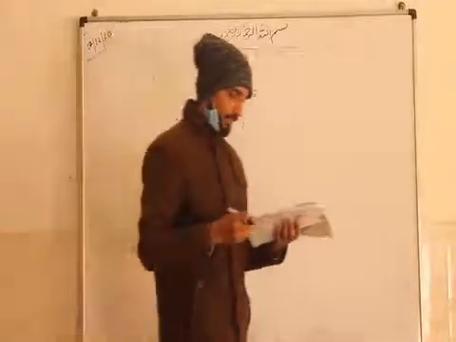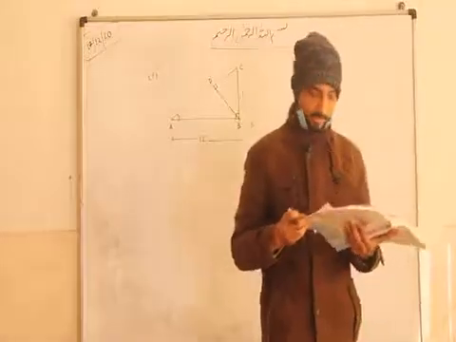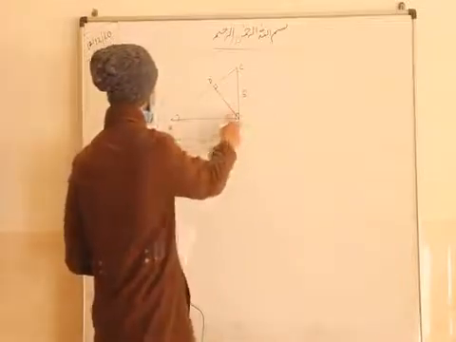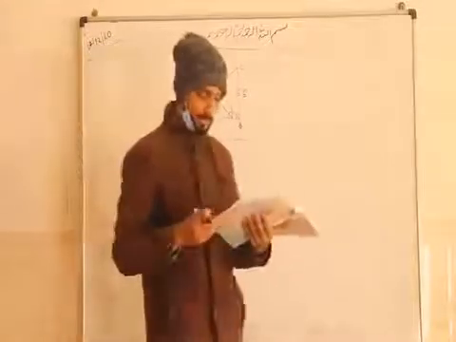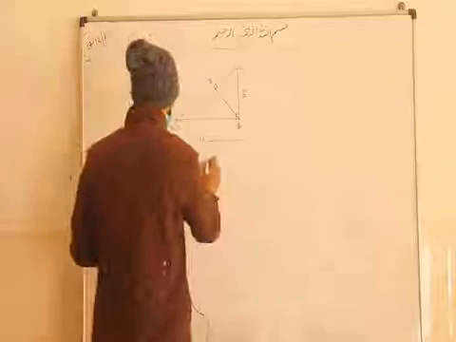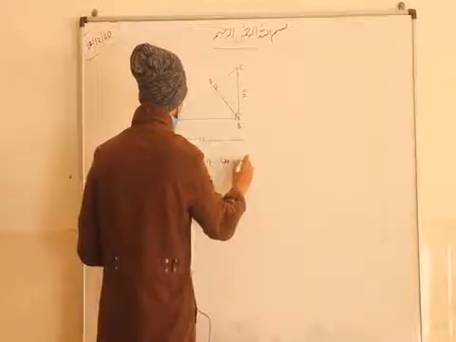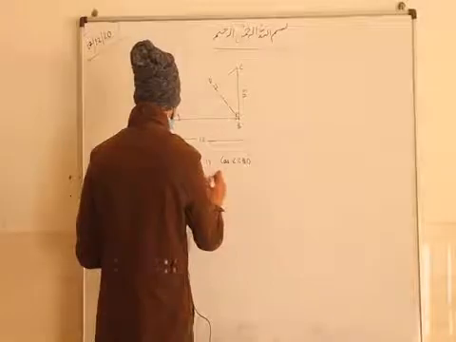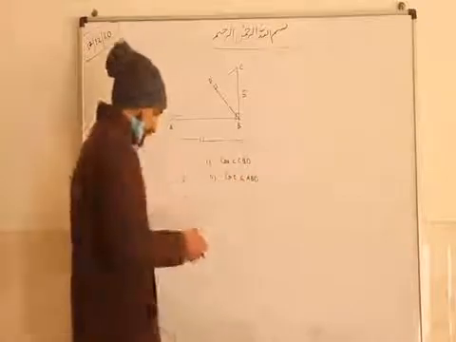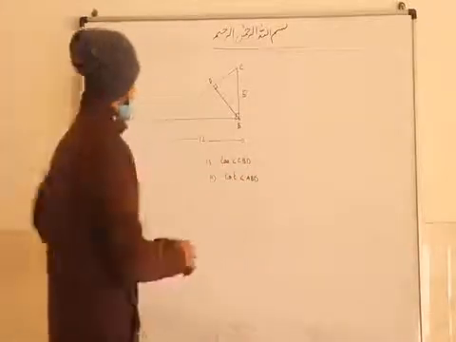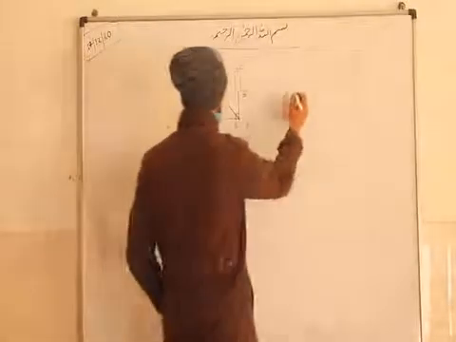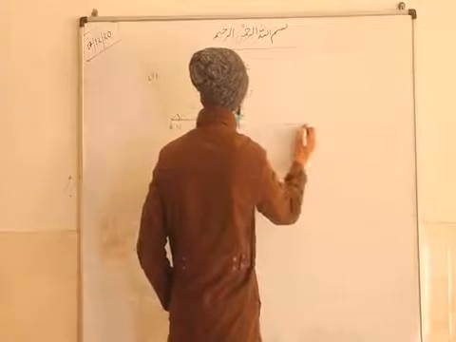In the second figure given below, triangle ABC is right angled at B and BD is perpendicular to AC. This is your right triangle ABC, and from here we are drawing the perpendicular. BD is the perpendicular here. Find cos of angle CBD first, and the second part, cot of angle ABD. These two things we have to calculate only. So see this cos of CBD. CBD is an angle of this triangle.